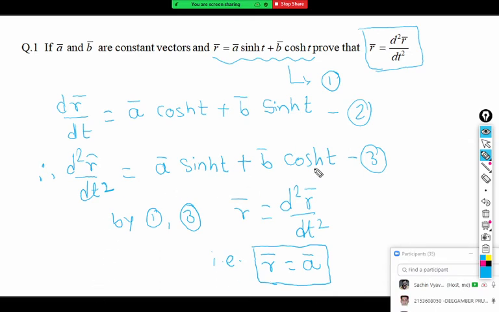Sir, differentiation will always give a positive result? No. Derivatives of hyperbolic functions are positive. So d dt of cos hyperbolic t is sine hyperbolic t, and d dt of sine hyperbolic t is cos hyperbolic t. Okay, that is for hyperbolic functions only. We'll not go into the detail of hyperbolic functions, because you just have to remember these basics, and only one question is here on hyperbolic.